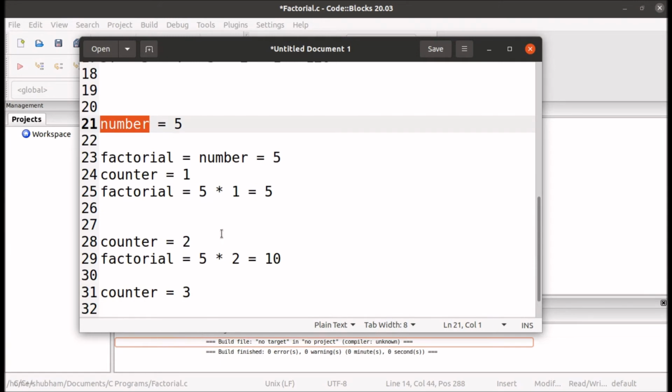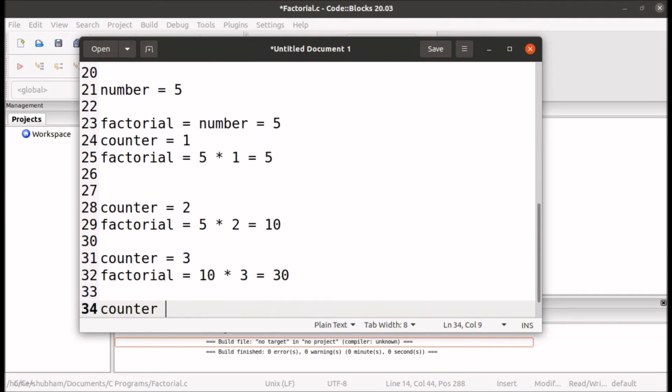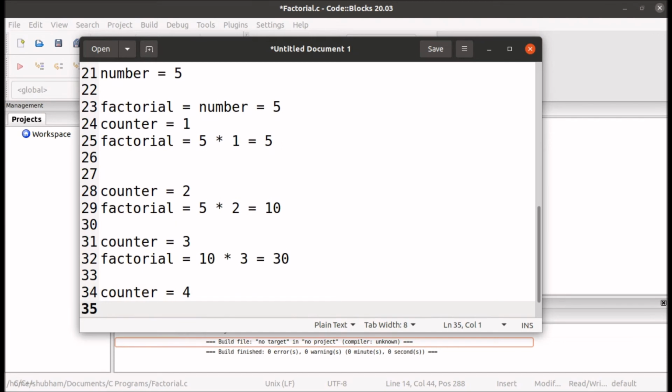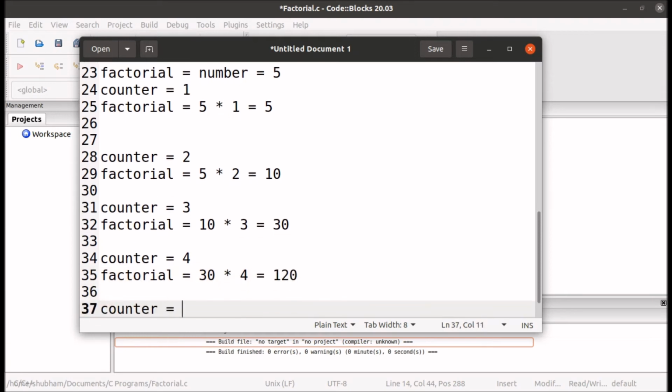So 3 is less than 5, it's true, so factorial will become 10 multiplied by 3, which is 30. Now counter will become 4 and it will again check is the value of counter less than the number. Since 4 is less than 5, factorial will become 30 multiplied by 4, which is 120, and again the counter will become 5.